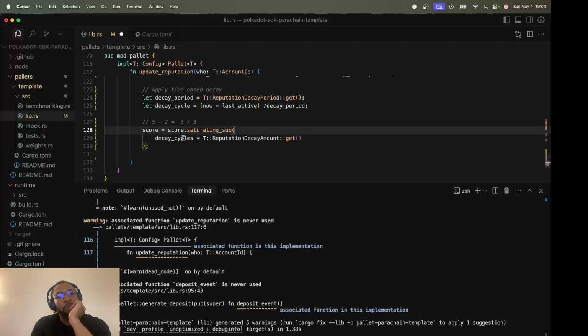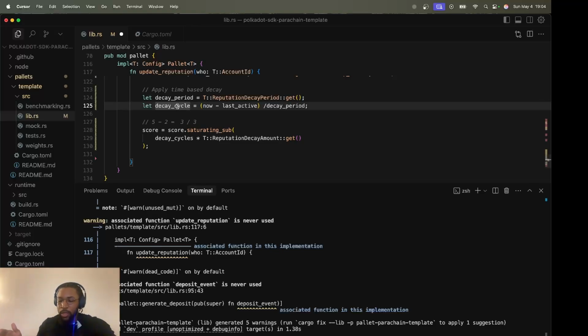Based on the decay cycle, which we've denoted as 1, this is the first cycle, 3 over 3.